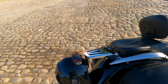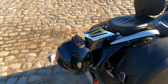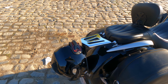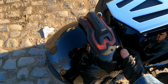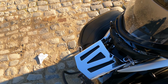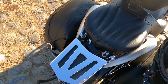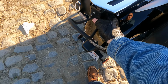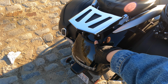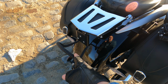Let's see. Oh yeah, this is my absolute favorite accessory. I had this custom made by a friend of mine, Len, down in Australia. It's a helmet holder that's custom made for this motorcycle, and please don't fall off. This thing is just incredible. It slides out of the way when you're not using it, and then when you need it, you just pull it out and it clicks into place,